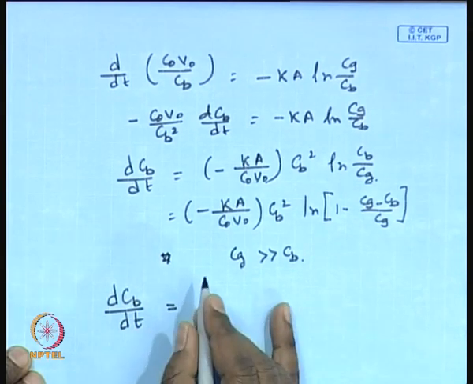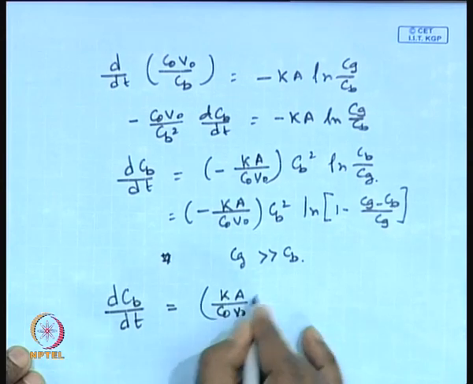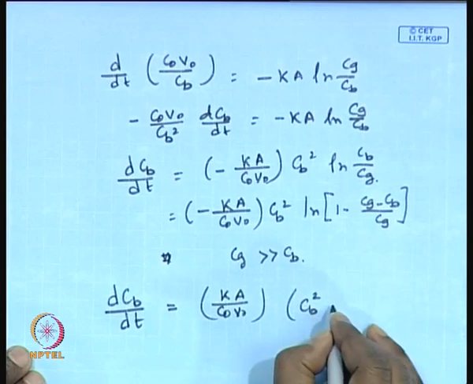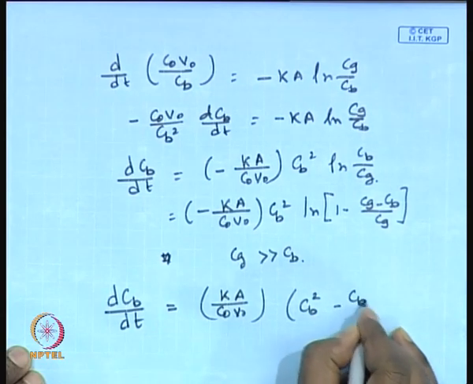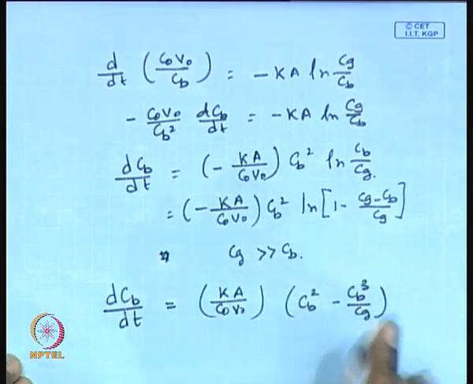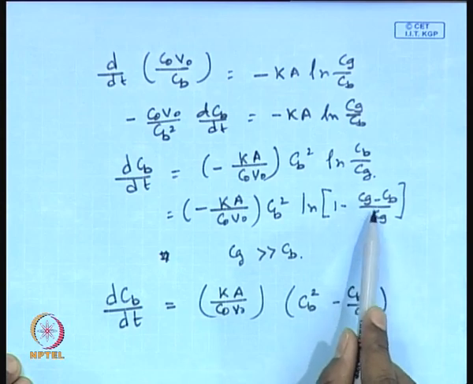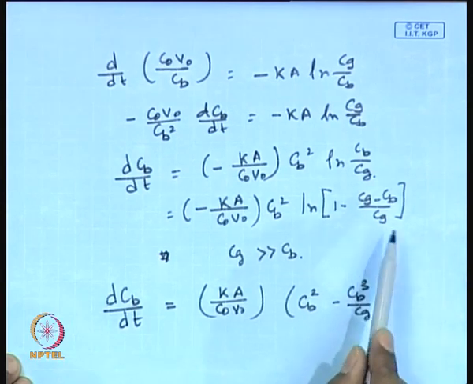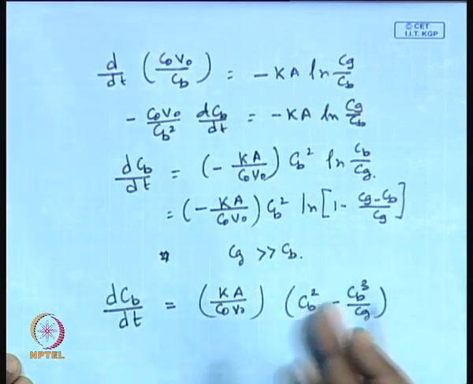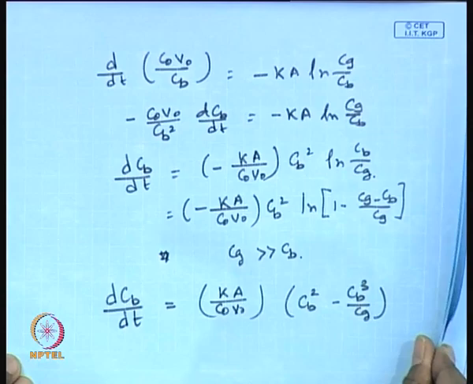The expression of dCb turns out to be Ka divided by C naught V naught, Cb square minus Cb cube divided by Cg. That means, under this condition, you can expand this, 1 minus Cb by Cg, assuming this will be very small. Okay. So, you do an expansion and try to get this expression,